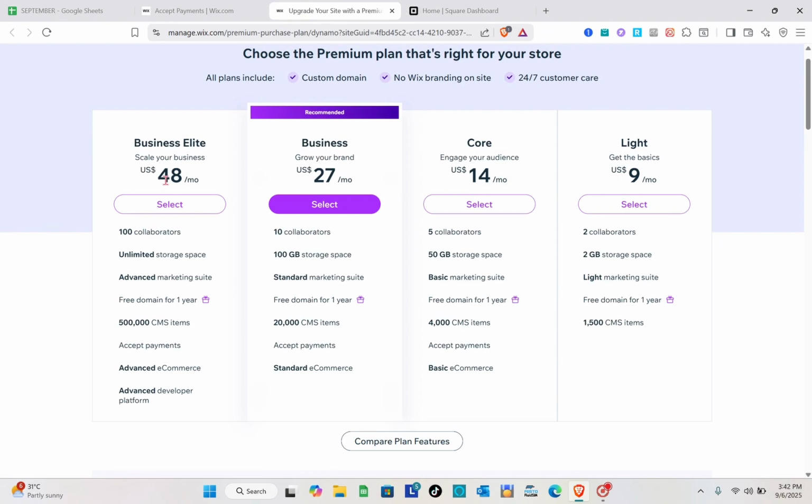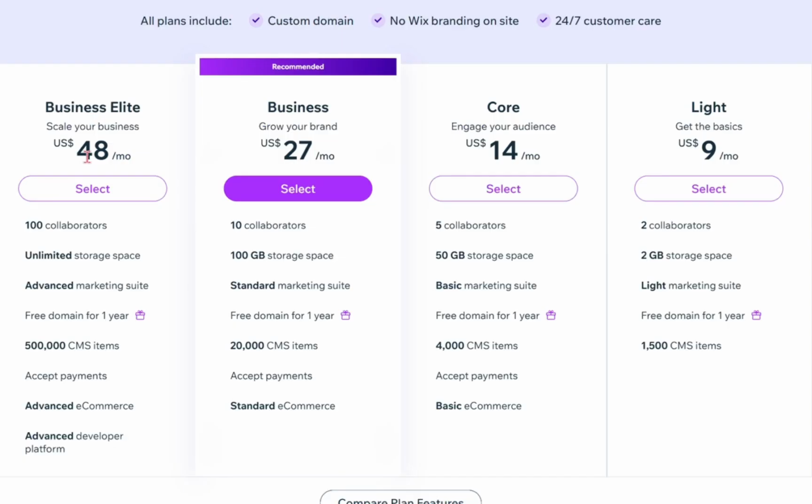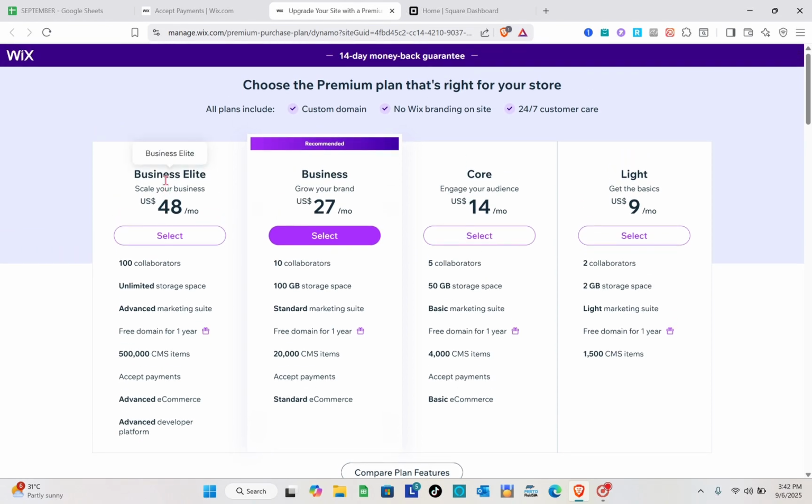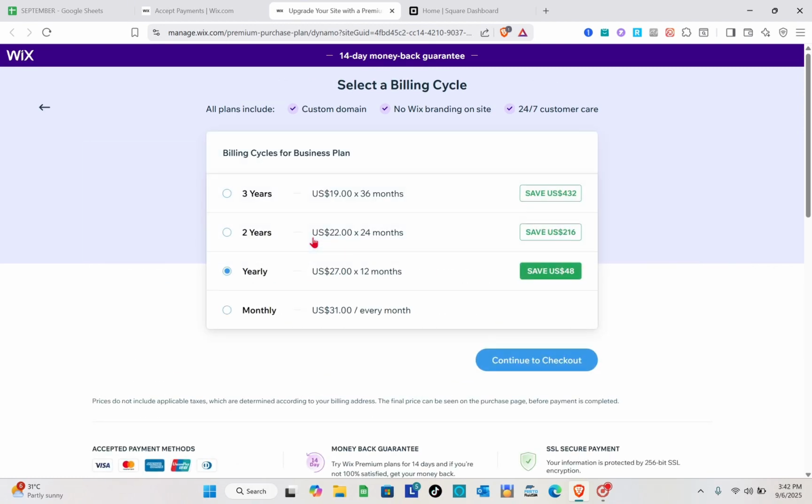For the features, we have 100 collaborators, unlimited storage space, an advanced marketing suite, a free domain for a year, and 500,000 CMS items. You can accept payments, advanced e-commerce, and an advanced developer platform. After selecting your plan, you just have to simply click on the select option. And then here, for the billing cycles for the business plan,